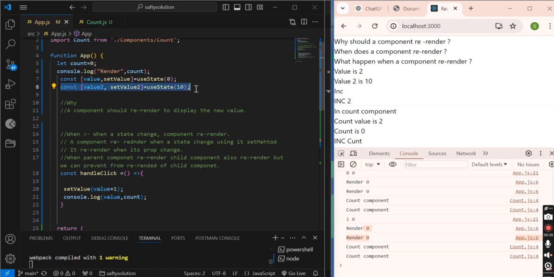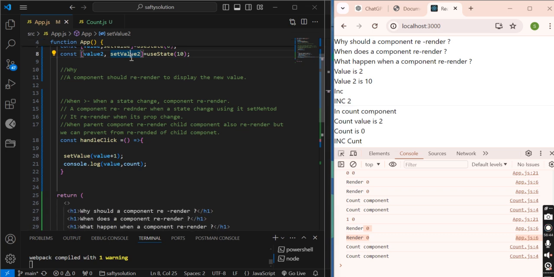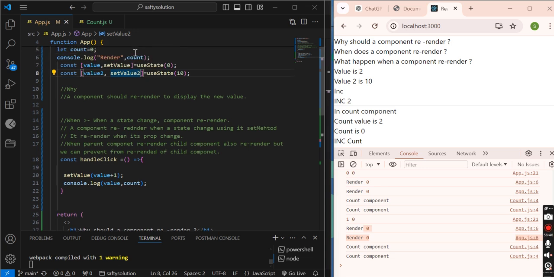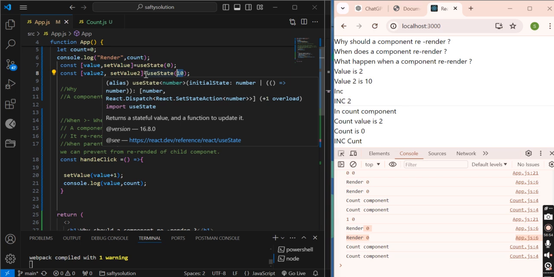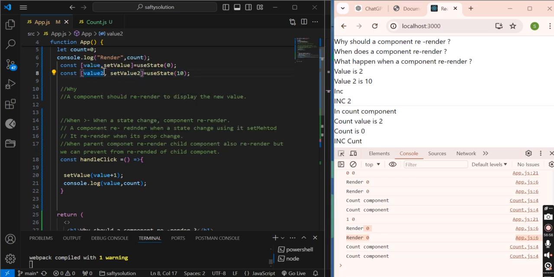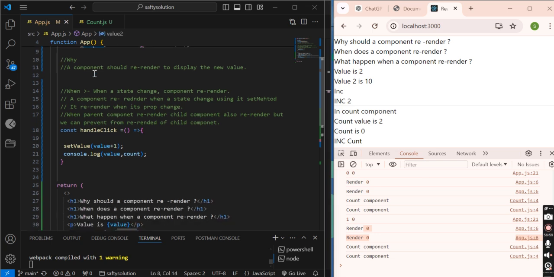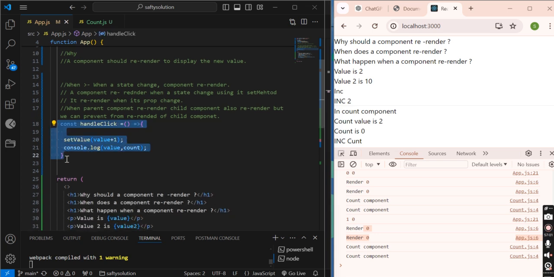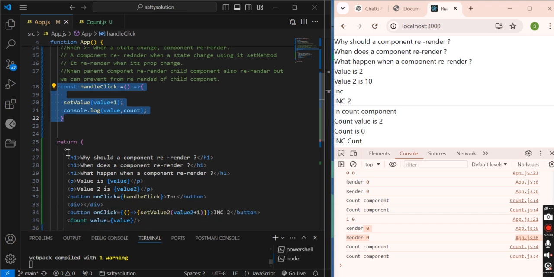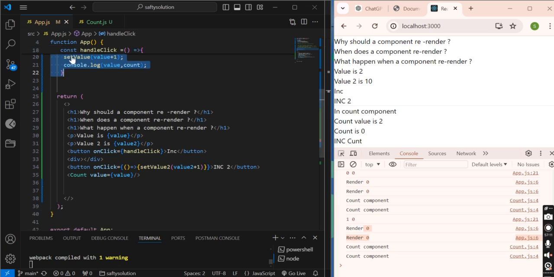Now this is useState, right? What is its previous value? Since we have not called this, it will return the previous value, which was 10. Initially we have returned 10, right? So that value 10 will be stored here. And now this function will again be created, but it will not be invoked. It will be invoked only when needed, right?